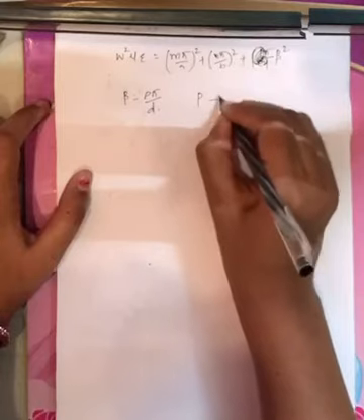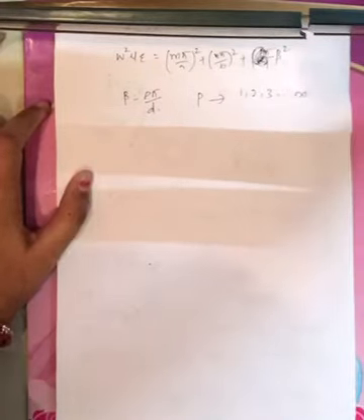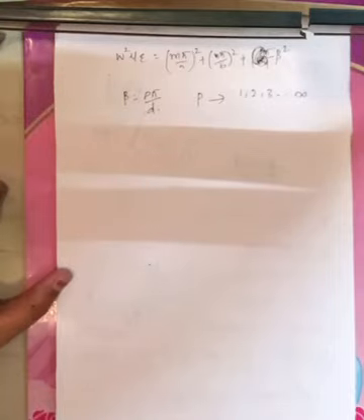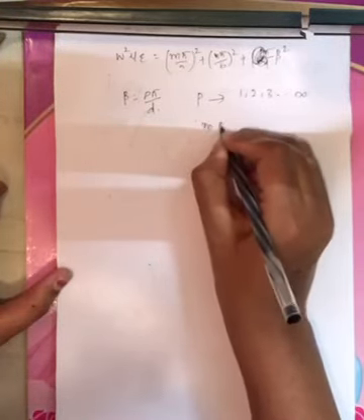Now what is the p value? It is a constant, varying from 1 to 3 and so on up to infinity. Same as the m value and n value, the p value is also varying from 1 to 3 and so on up to infinity, right? Now this is nothing but the number of, see, m is nothing